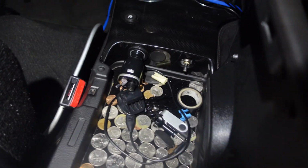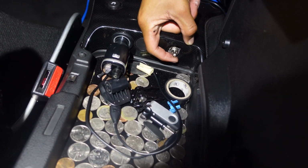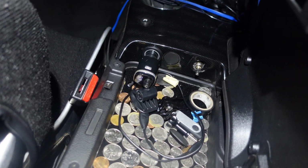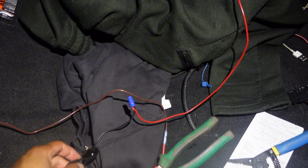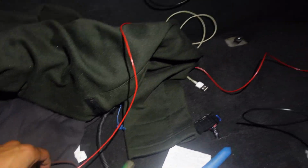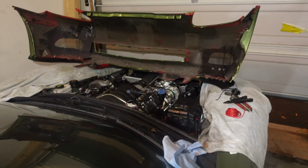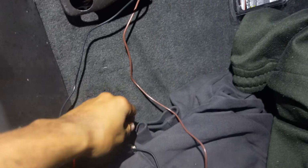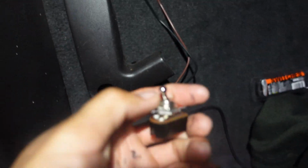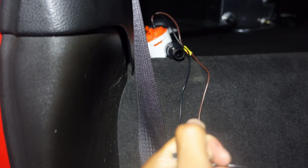So I have my two-step in here and I just hit that switch. Whenever I'm ready to do my two steps, I might do the same thing right here with that switch. So it goes from there, runs through the firewall, and I have it connected up there in the fuse panel. And then the ground for the pump, I just have that running through, and it's grounded to a chassis ground. And now I have this switch. I switch it on, pump starts. Don't want to run the pump too much dry, but yeah,